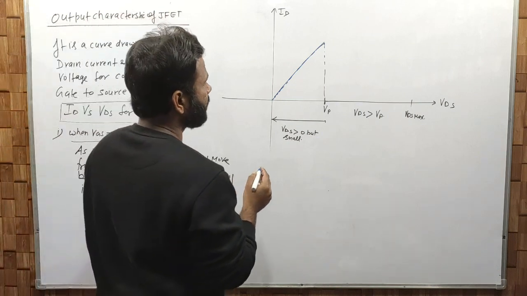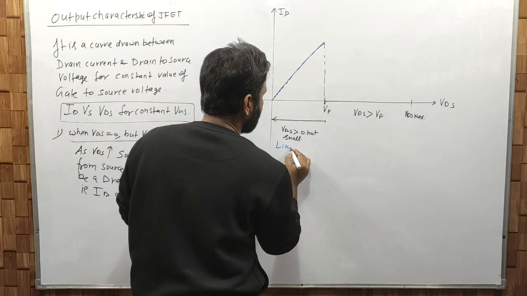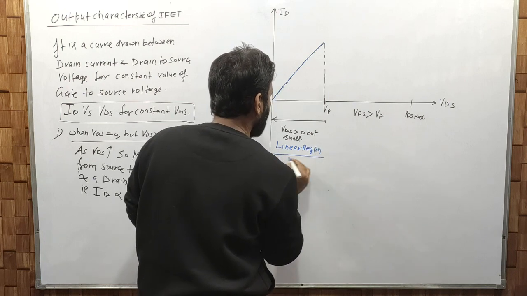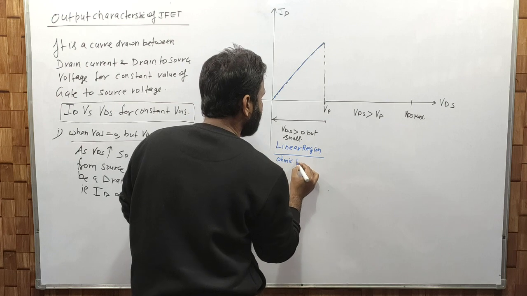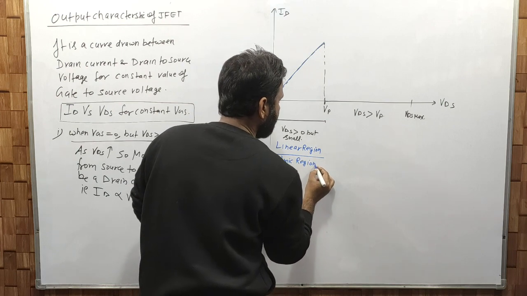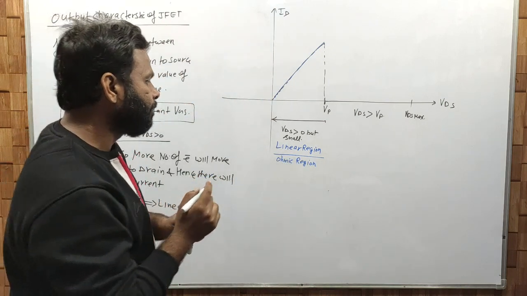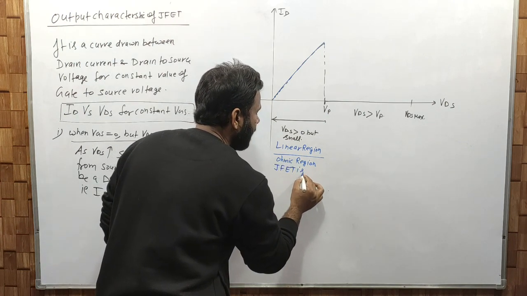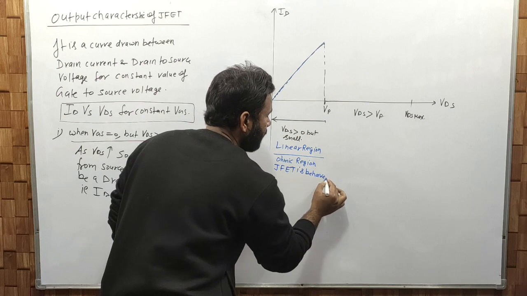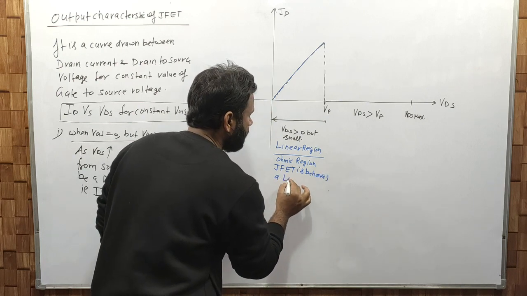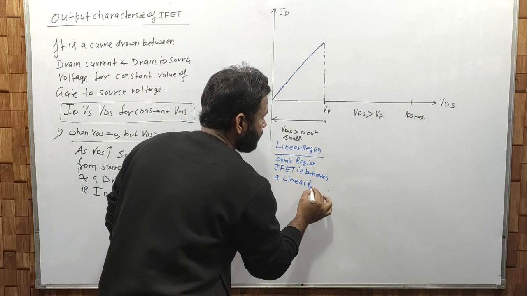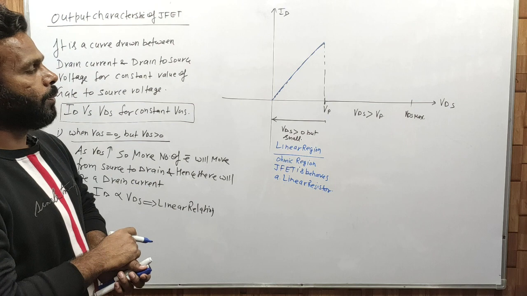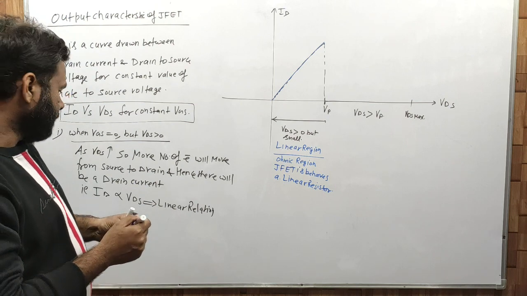Clear? Now this region is called linear region or ohmic region. Now in this region JFET behaves as linear रजिस्टर, लीनियर रजिस्टर। ठीक है, आई होप सो ये बात समझ में आ गई होगी।